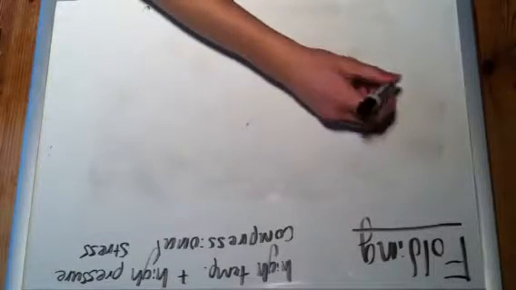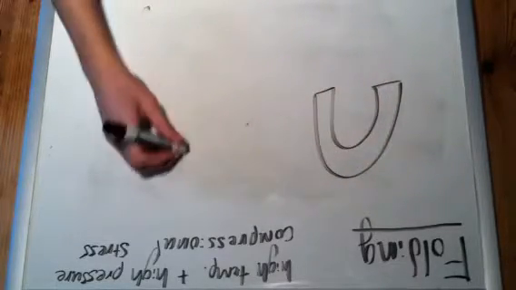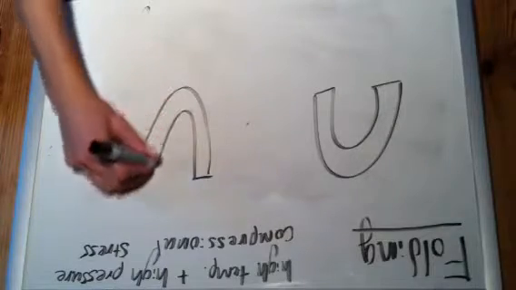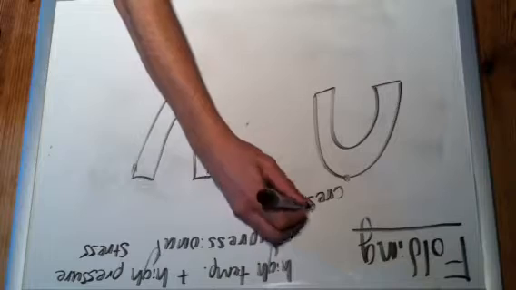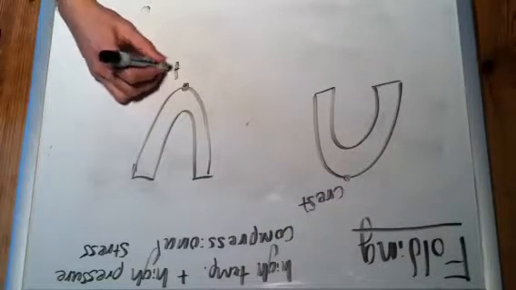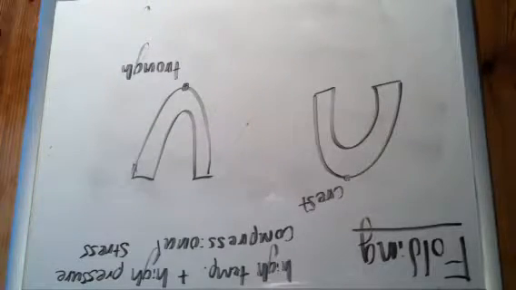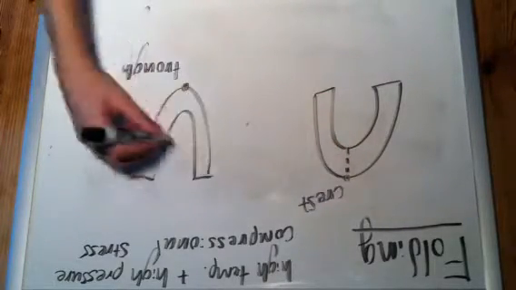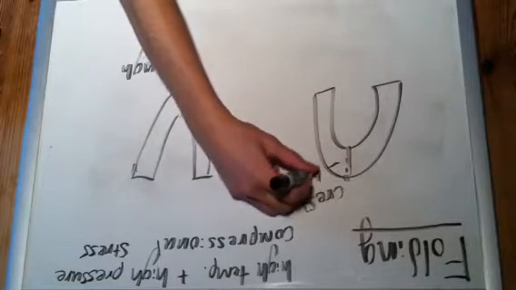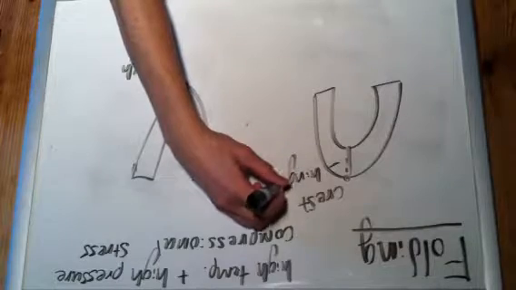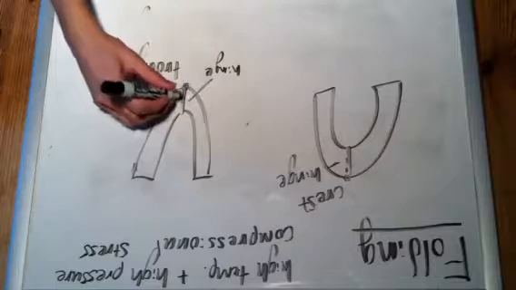And one final thing, I want to talk about universal features to all folds. So it could be an antiform or a synform. You've heard me use these terms. This is actually called the crest of an antiform, the uppermost point, while this is called the trough of the synform. If we draw a little line through here, that's our hinge line, like a door hinge. It is the line upon which the